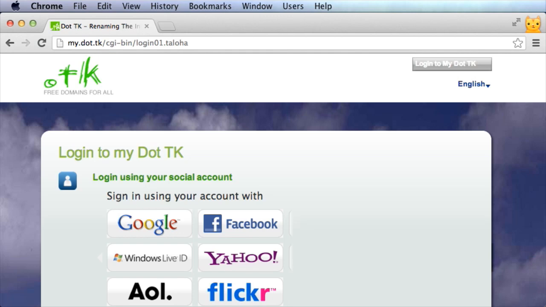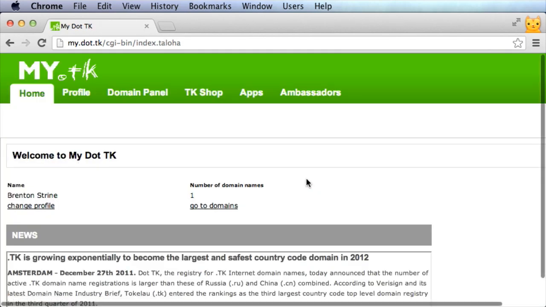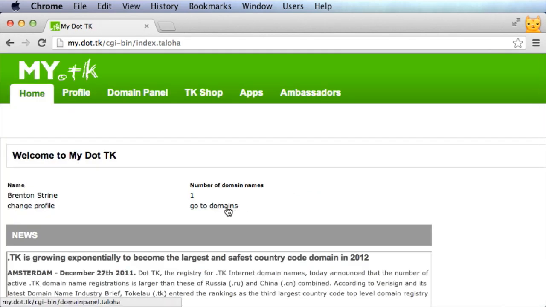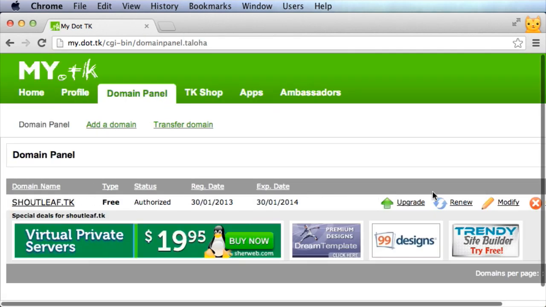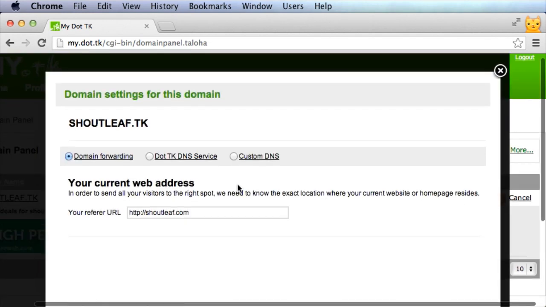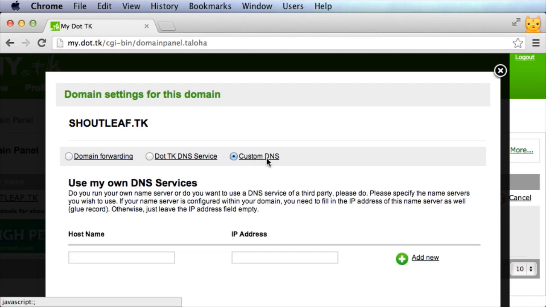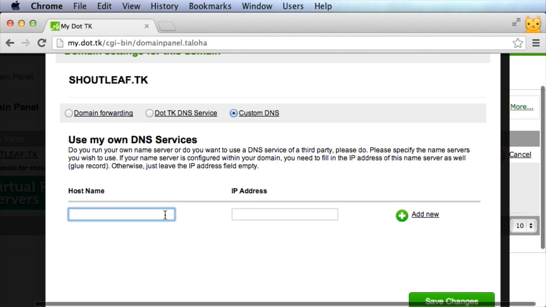If you do manage to get an account set up and a .tk domain, here's how you can set the name servers to Shoutleaf's. Go ahead and log in and then look for the Go to Domains link either here or up in the top tab there. Now find the domain that you want to have use Shoutleaf's name servers and click this modify link. So you don't want domain forwarding and you don't want to use .tk's DNS service. Domain forwarding is a way of pointing one domain to another. Click on custom DNS and enter the hostname